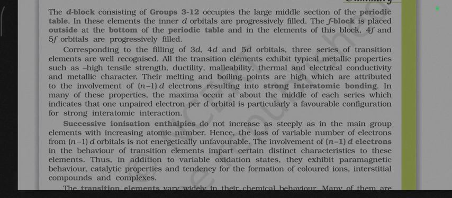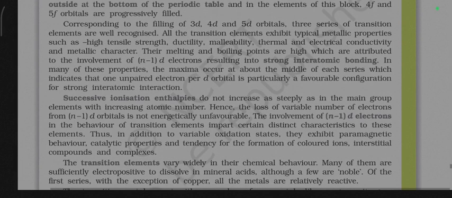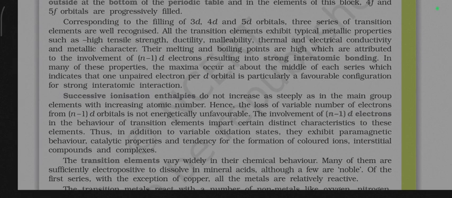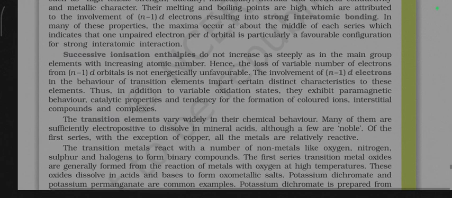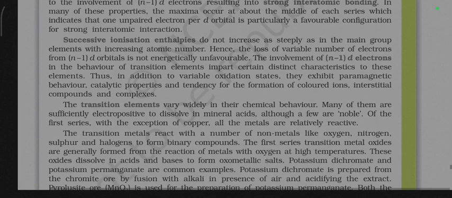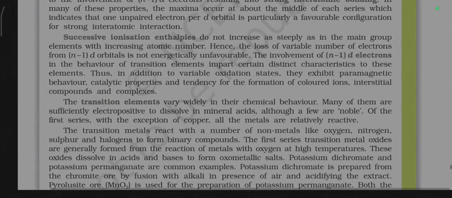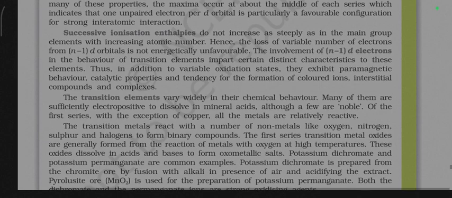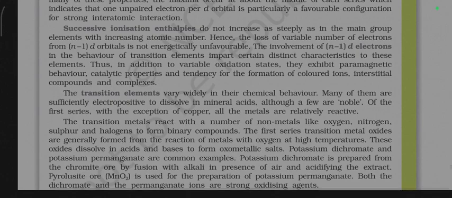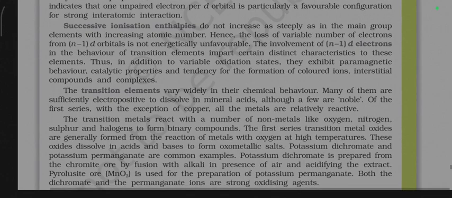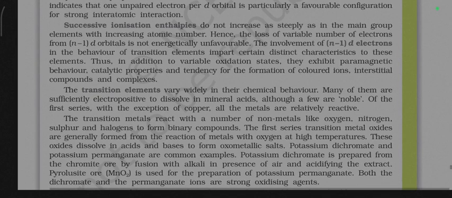All the transition elements exhibit typical metallic properties such as high tensile strength, ductility, malleability, thermal and electrical conductivity, and metallic character. Their melting and boiling points are high, which is attributed to the involvement of (n-1)d electrons, resulting in strong interatomic bonding. In many of the properties, the maximum occurs at about the middle of each series, which indicates that one unpaired electron per d orbital is a particularly favorable configuration